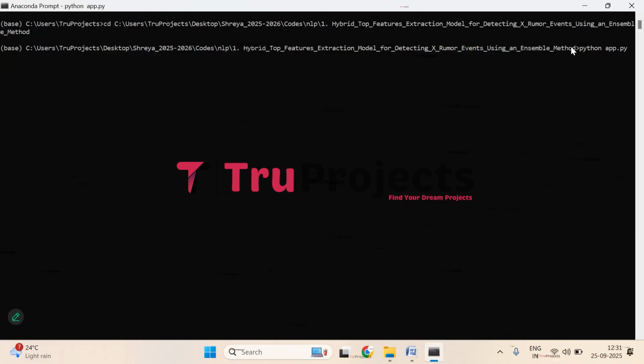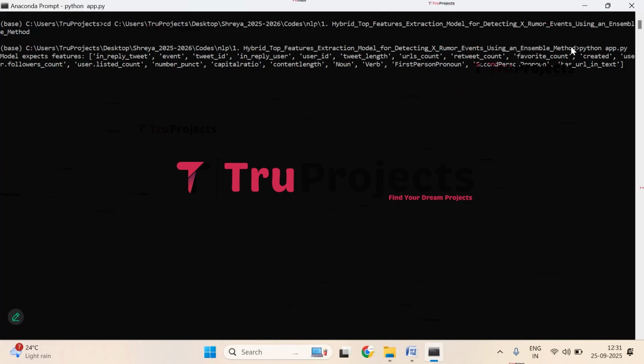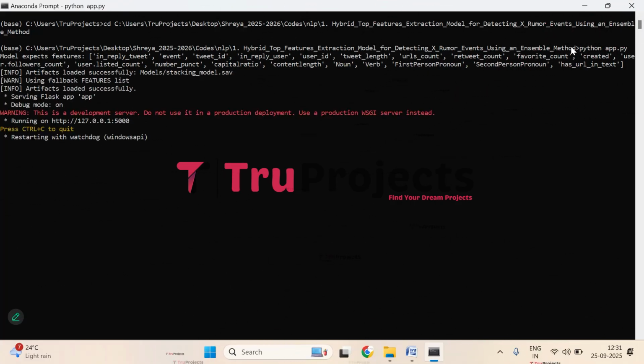This command will execute the Python script and perform a runtime check for any syntax errors or logical issues. After running the app.py file, the Flask framework will host the application locally at the default address, which is the localhost and the port, unless configured differently. So the file is being compiled, just wait for a while. And here the application has been hosted at this address. This is the localhost and this 5000 is the port.